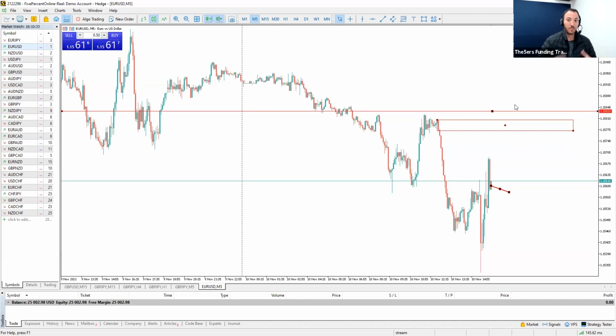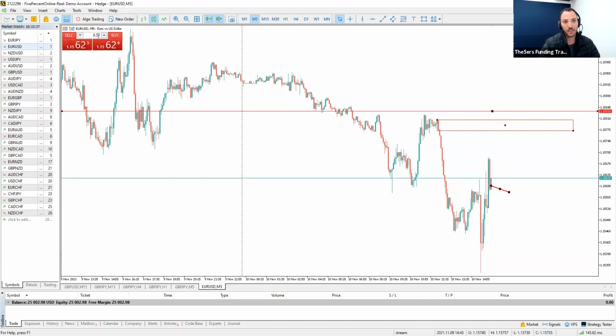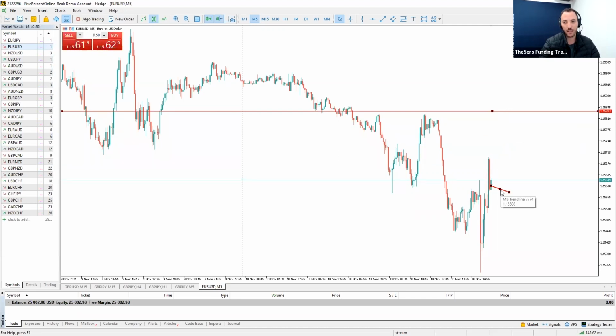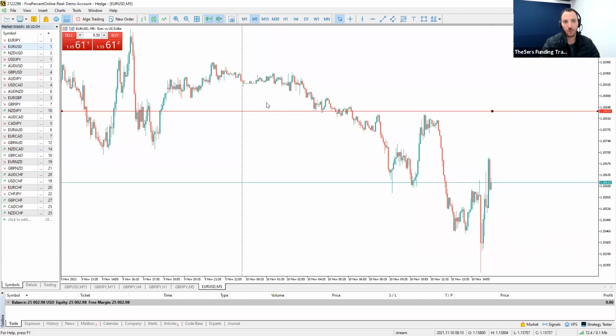But the whole idea of scaling in is to divide this amount right here into little pieces, so I can allocate around this area. So instead of going right now and selling 5 mini lots, I'm going to be taking